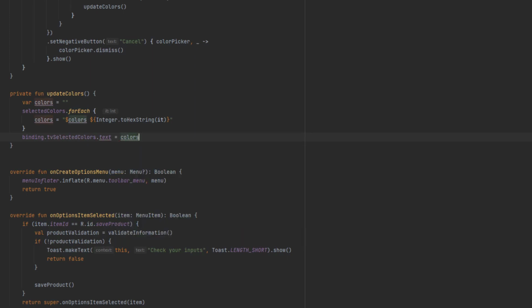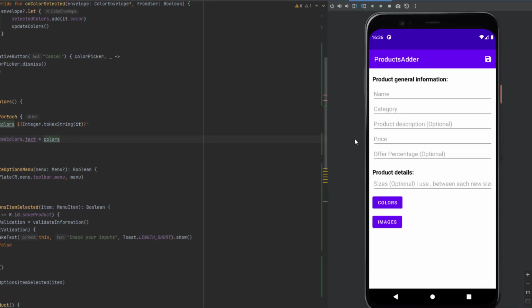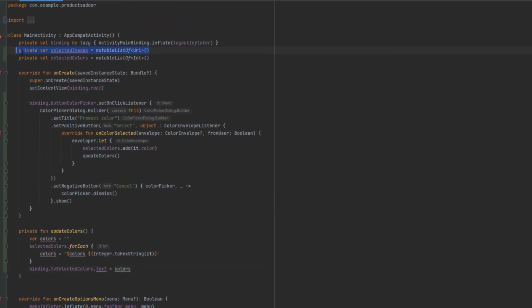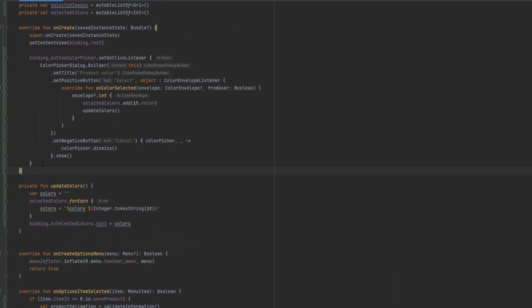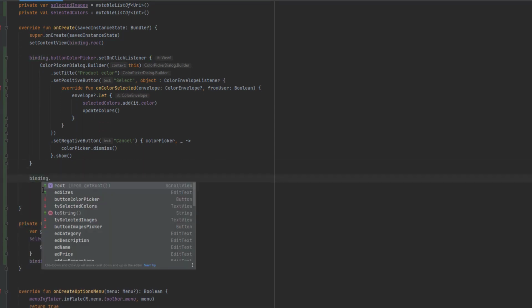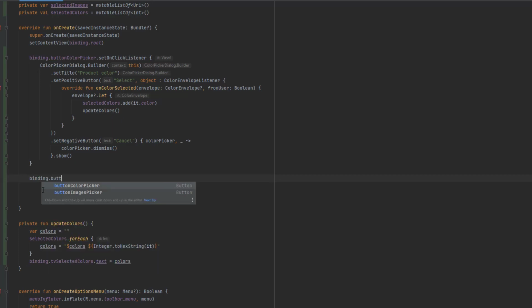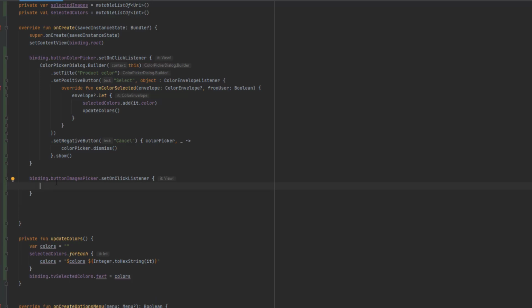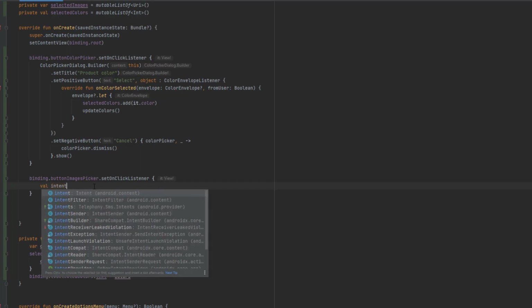Let's run the app again and see that. Okay, I'm gonna select this color, as you can see, another color, and as you can see, we have all the colors shown inside this text view. Okay, now moving to the next thing, which is the images, this list. Now, under this, we're gonna also add a click listener on the image button. So button image picker dot set on click listener, and here we will launch an implicit intent to select multiple images from the gallery. So let's create the intent object,